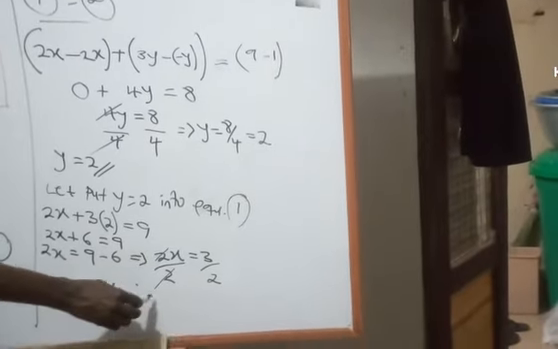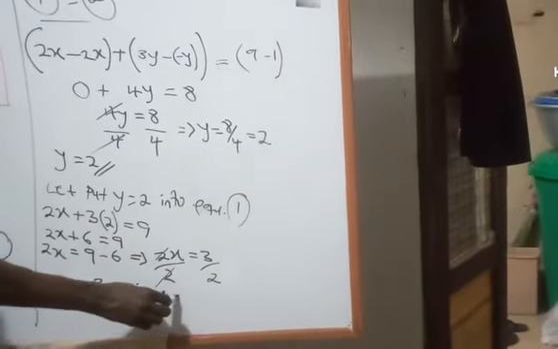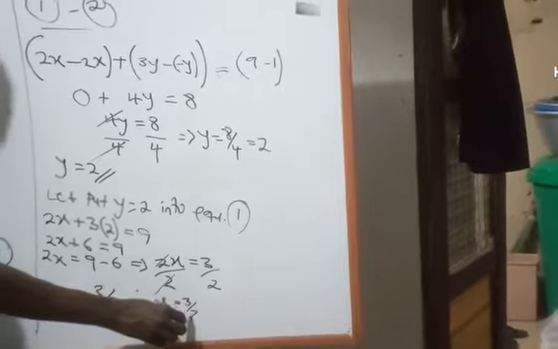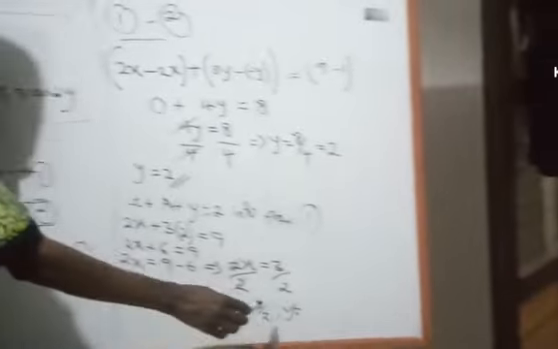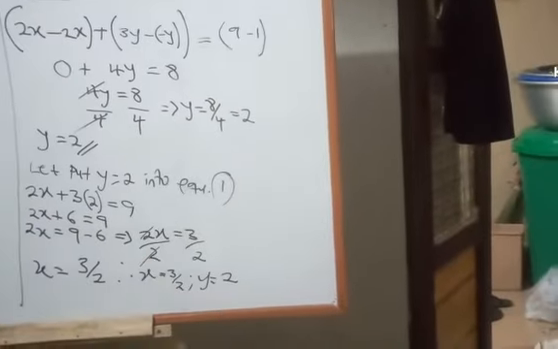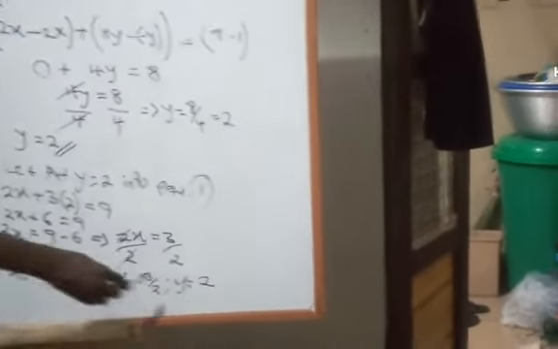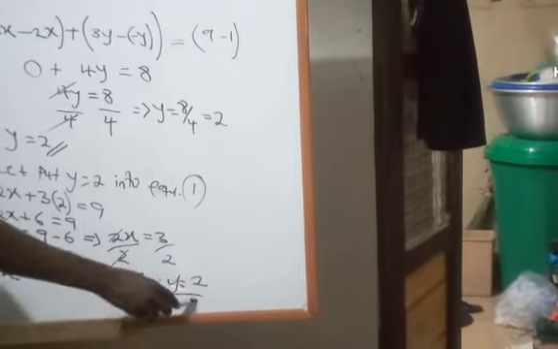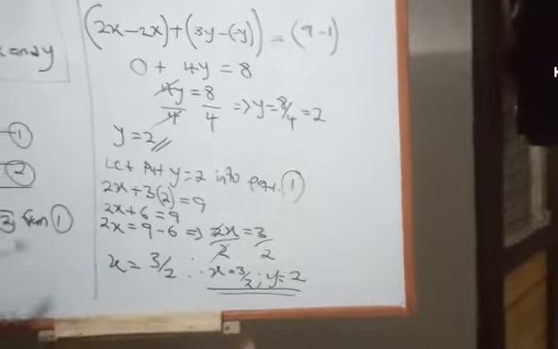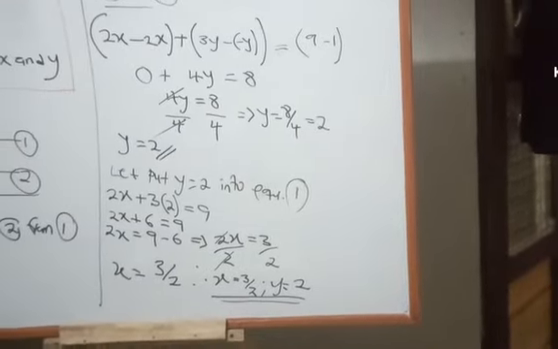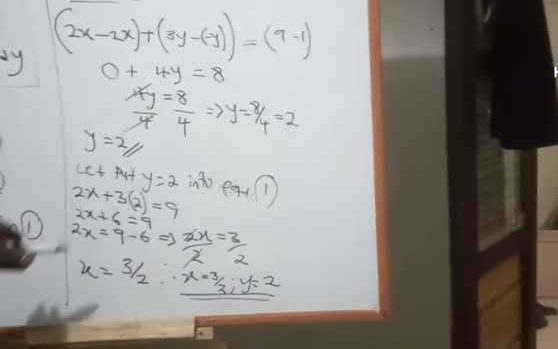Therefore, our x is equal to 3 over 2, and our y is equal to 2. And that is the final answer. x is equal to 3 over 2, and y is equal to 2. Anytime you have a simultaneous equation question like this, and you find the values for x and y,